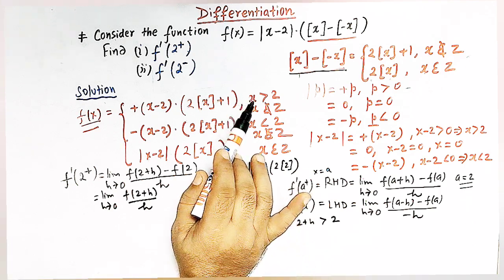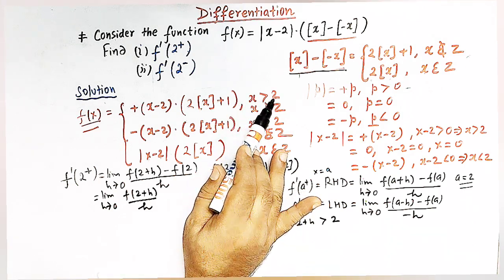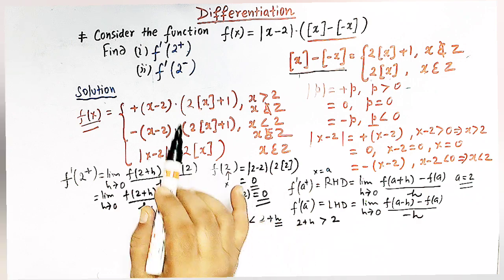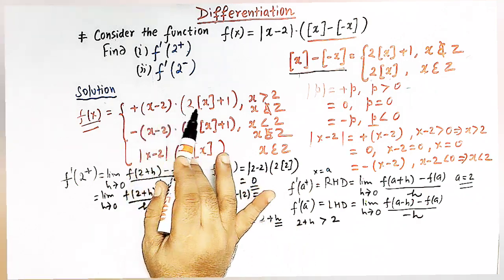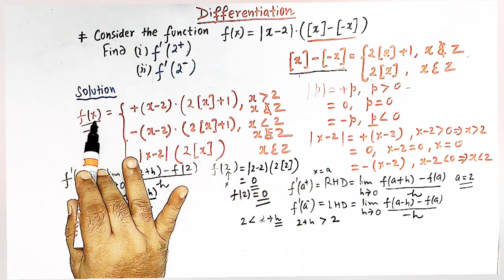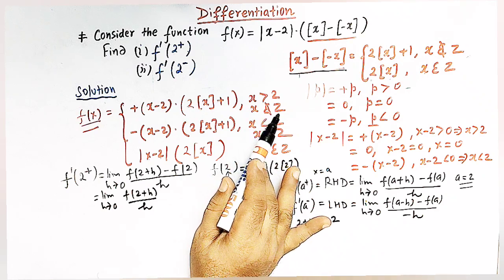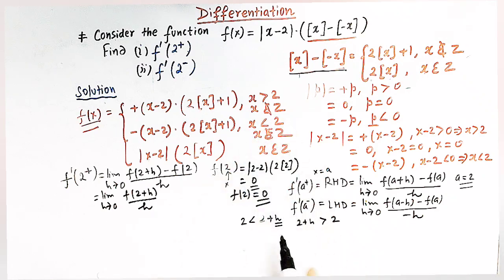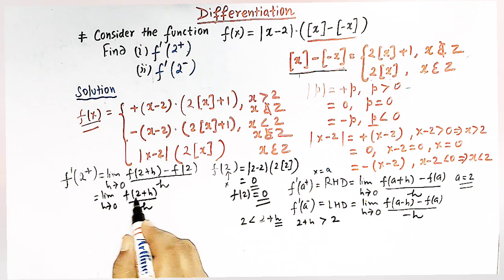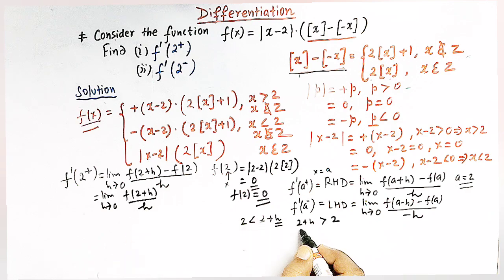So when x is greater than 2, here we'll apply this form of the function f of x, and moreover here x is not an integer, right? So to calculate f of 2 plus h, we'll first see that this 2 plus h is greater than 2,